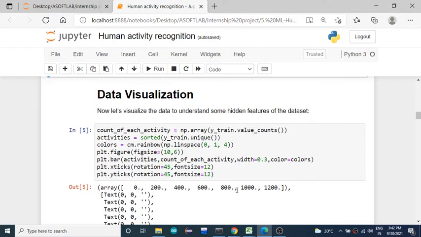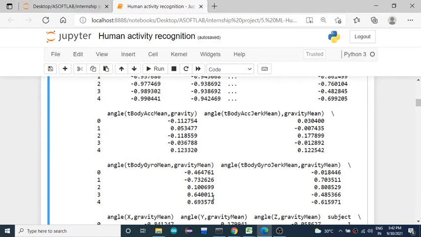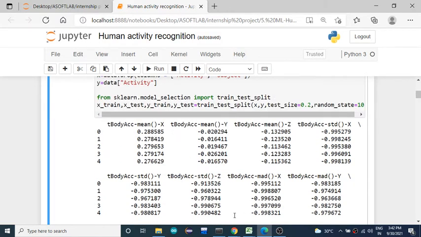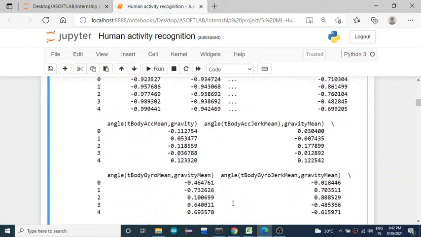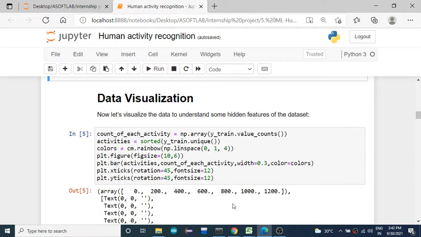Next, coming to the EDA. Maybe these values may not be understood by us, but these are all the necessary data to find out the activity of a human. The major contribution is by the accelerometer sensor and the gyro sensor.